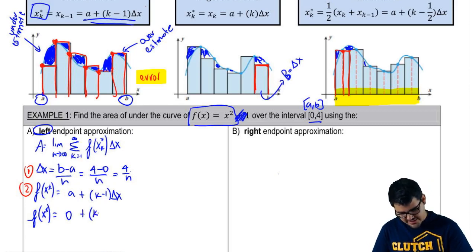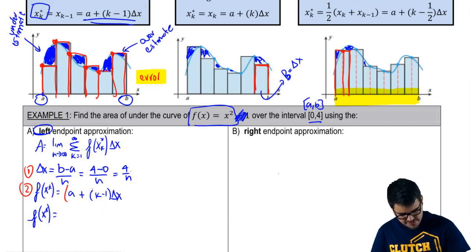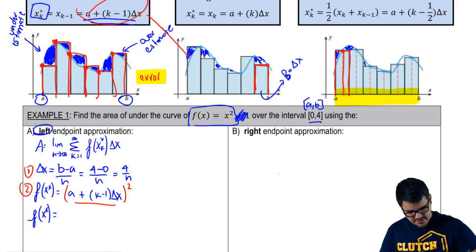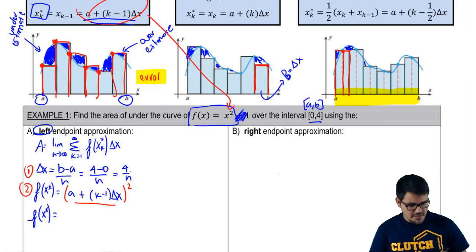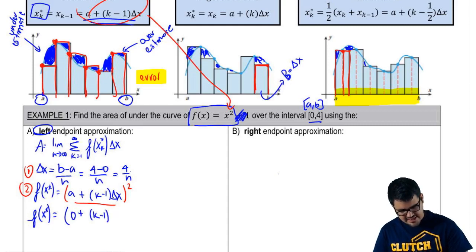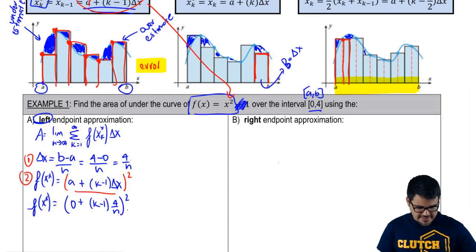plus k minus 1, which is going to stay in terms of k, and my change of x. Well, this is actually all supposed to go to the second power because I'm plugging my xk star into my function. So I'm plugging this x into my function, right? So this whole thing is squared. So let me go simplify. My a is going to be 0 plus k minus 1. Delta x is going to be 4 over n, and this is all going to be squared, right? So if I kind of clean this up,